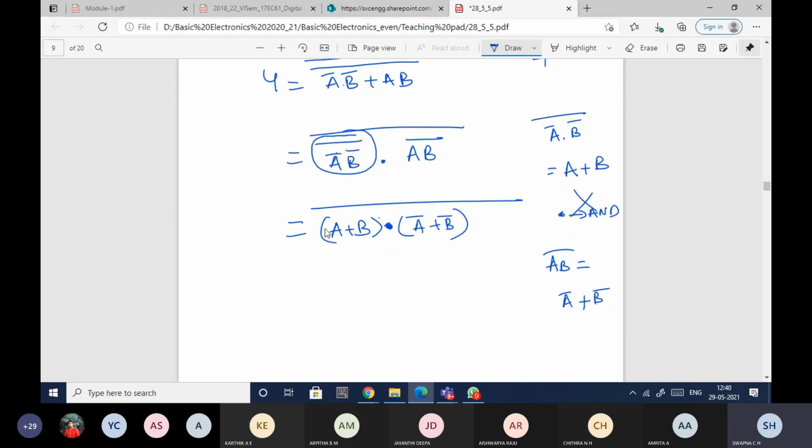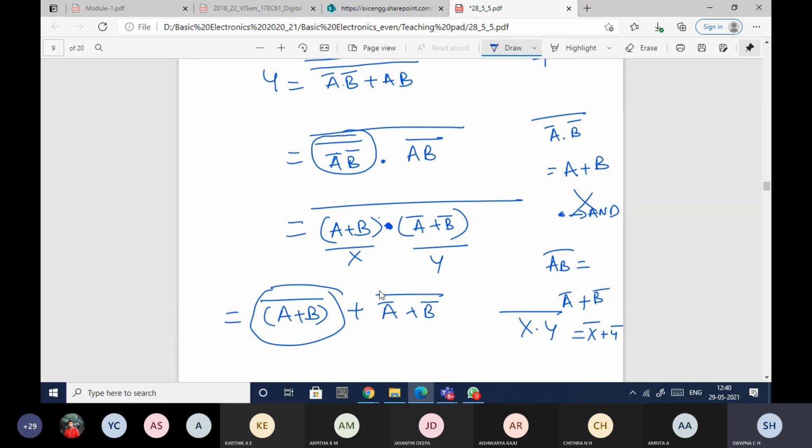So it is in the form of, this complete thing I will name as X, this complete thing I will name as Y. So it is in the form of (X dot Y) whole bar. So (X dot Y) whole bar is nothing but X bar plus Y bar. So this is nothing but X bar. X bar is nothing but (A plus B) whole bar, dot I have, so plus Y bar, so (A bar plus B bar) whole bar. Still it is not in that way because this I can implement using NOR. In the same way this also I can implement using NOR, but this plus this whole bar should be there, but I don't have whole bar.